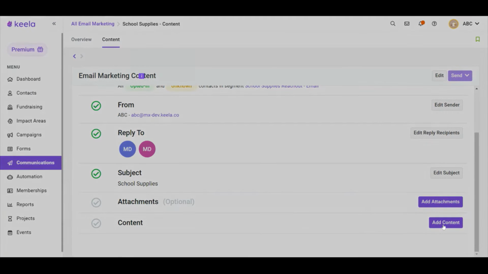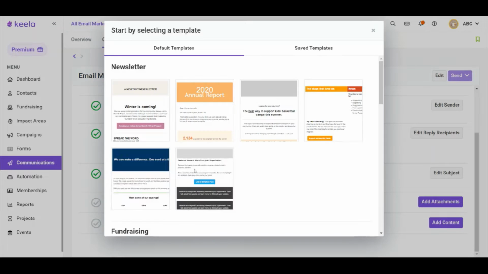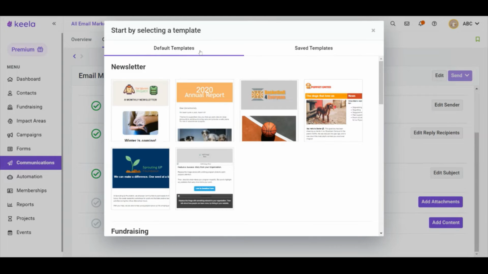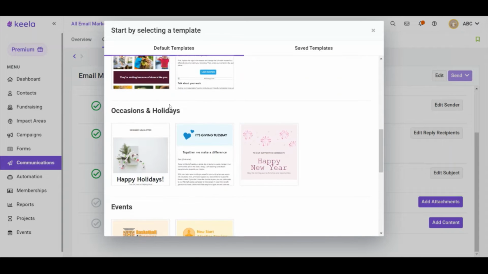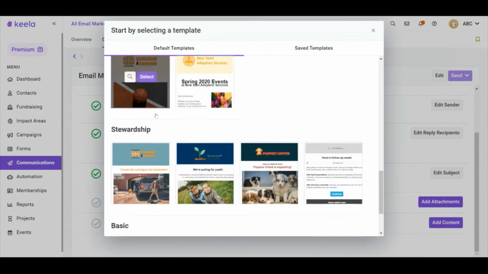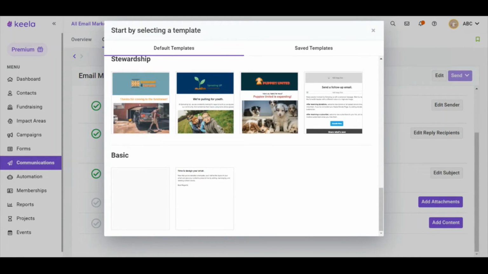When you click on Add Content, you'll be prompted to choose from a default template. These are templates that Keela has already created for you as a starting point. Then you can edit the information and content within them. We've organized them by category to help guide you a little. So we have newsletter templates, fundraising templates, occasion and holiday templates, event, stewardship, and basics, so you can completely start